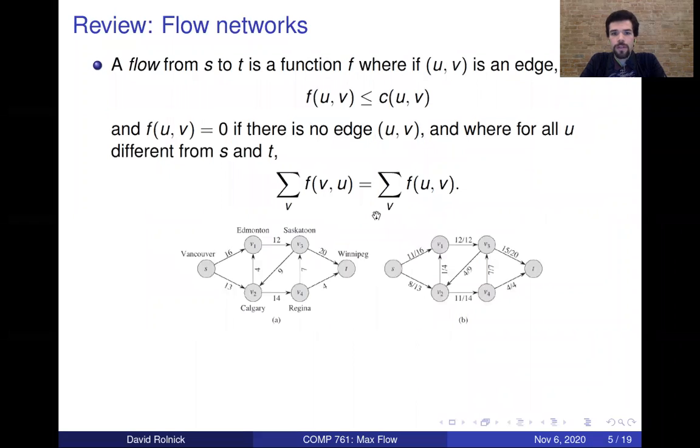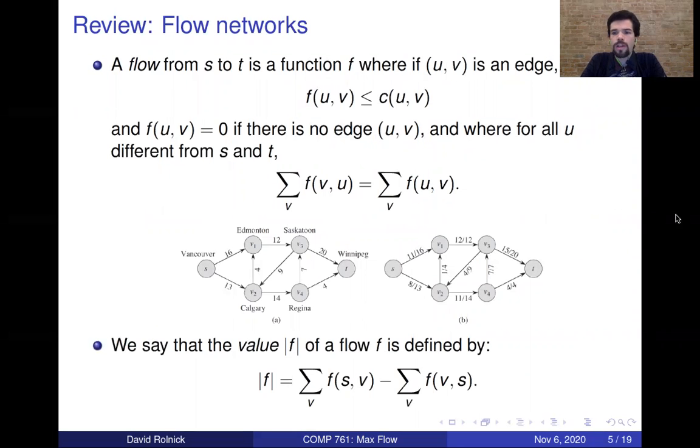We can define the value of a flow as just the difference between the total outflow from S and the total inflow to S. In this case, there are no edges back to S, and so the value of the flow is just the sum of the flow coming out of S. So this is an example of us representing a flow, where here we're taking 11